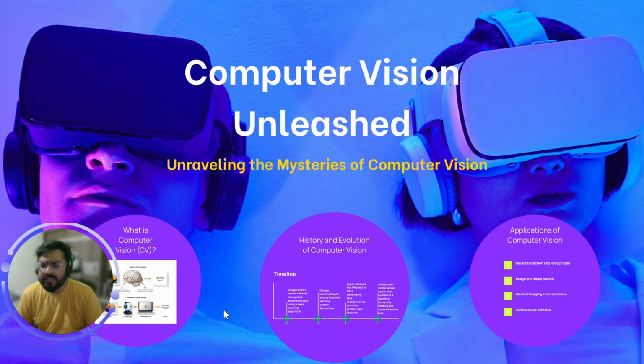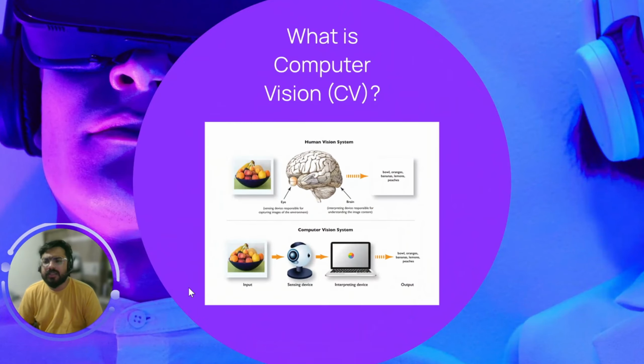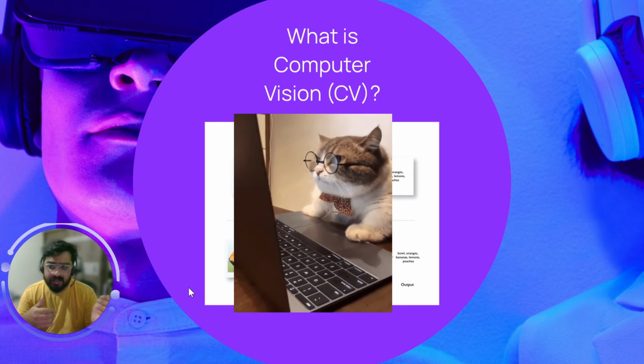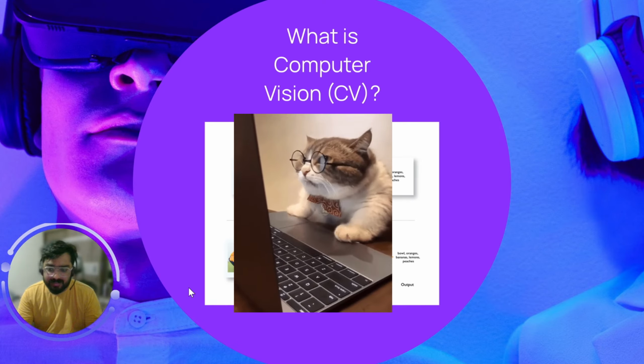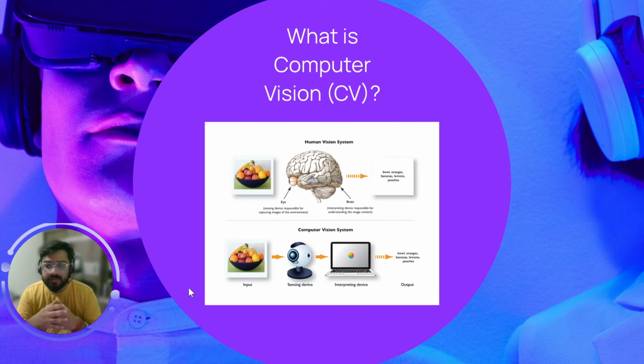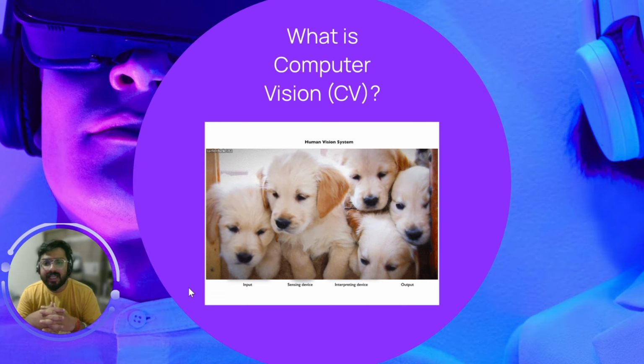So, what basically is computer vision? Computer vision is like giving your computer a pair of super duper ultra fancy AI powered sunglasses. So, imagine your computer is sitting right there and, Eureka, "I can see!" the computer yells at you. Right. So the computer can see now just like you do. But instead of enjoying the scenery or ogling at the cutie puppies, it's analyzing pixels, shapes, and colors.